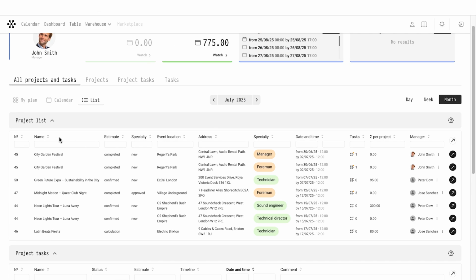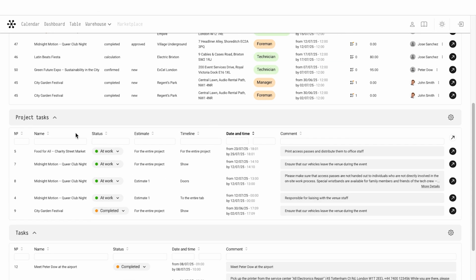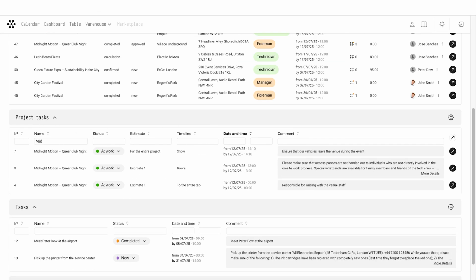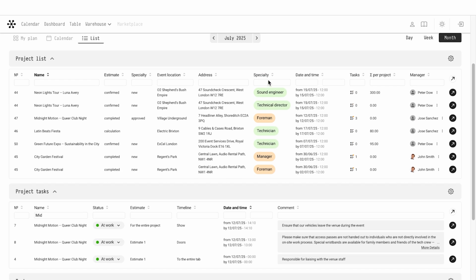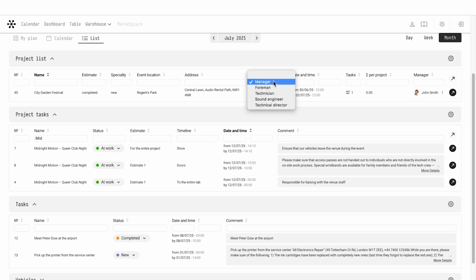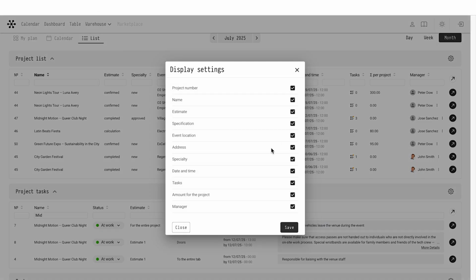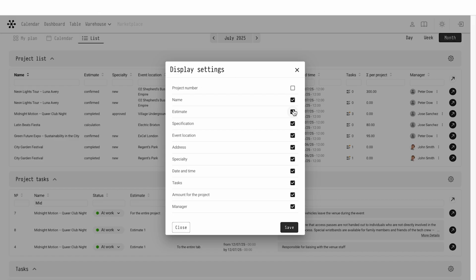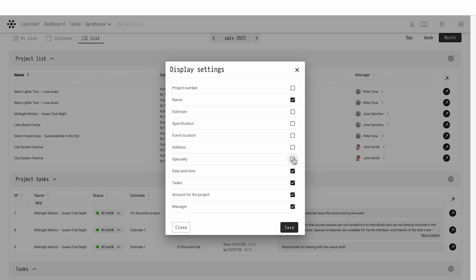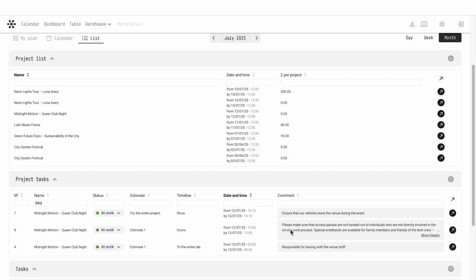project names, statuses, dates, and so on. Clicking the gear icon allows you to choose which table columns to display. For example, if I want to see only the date, time, and payment amount columns, I leave only those checkboxes